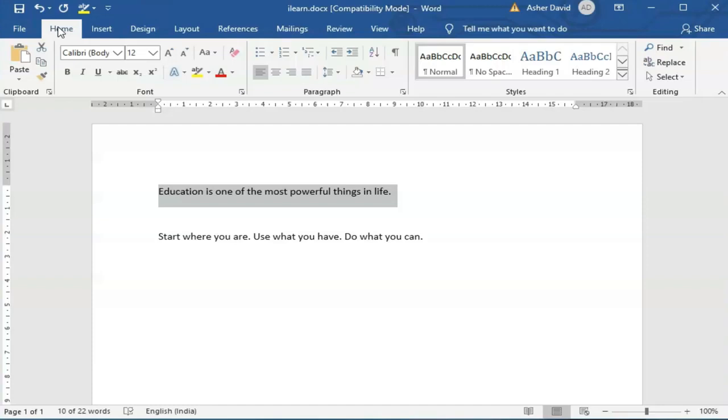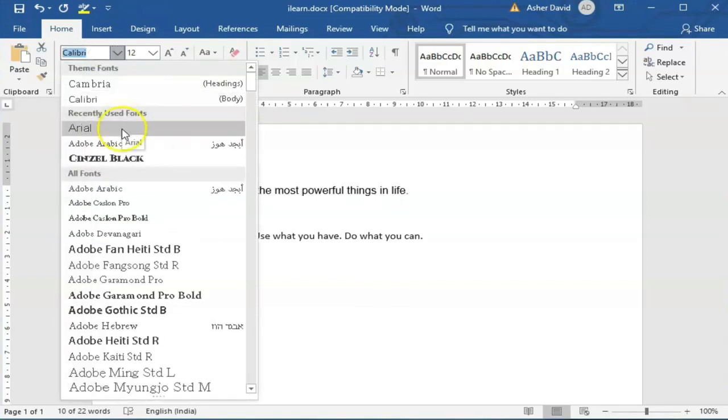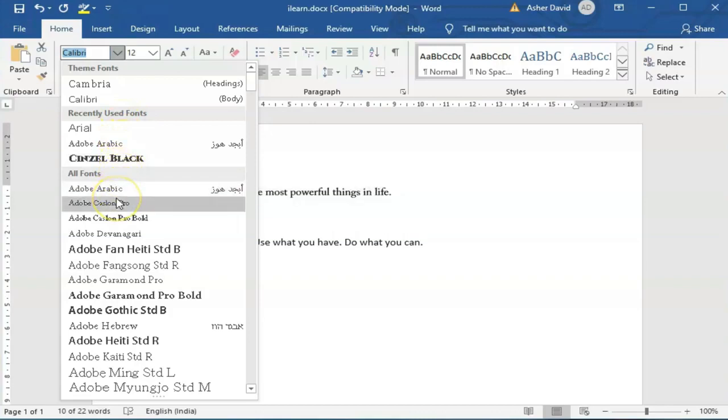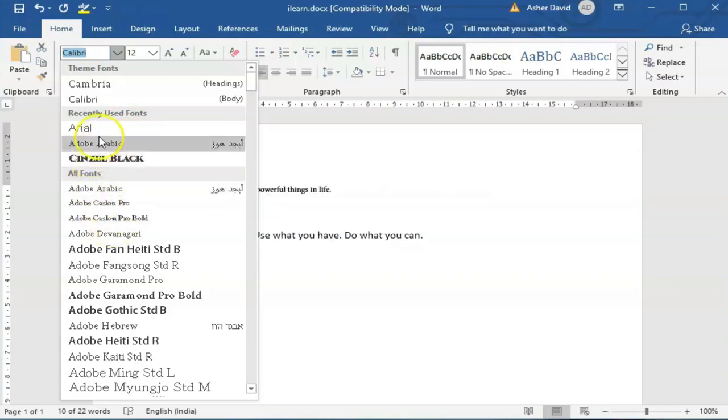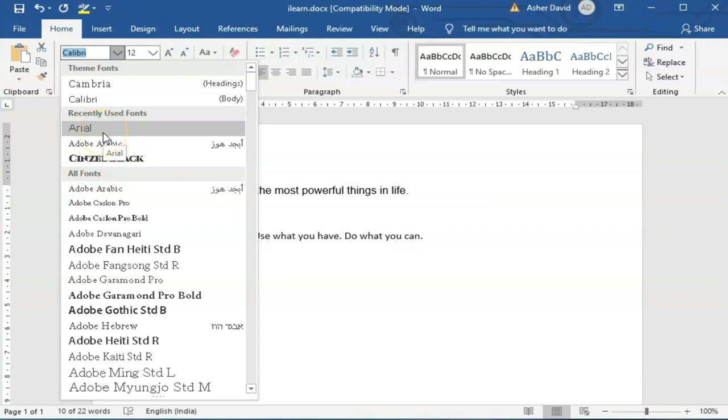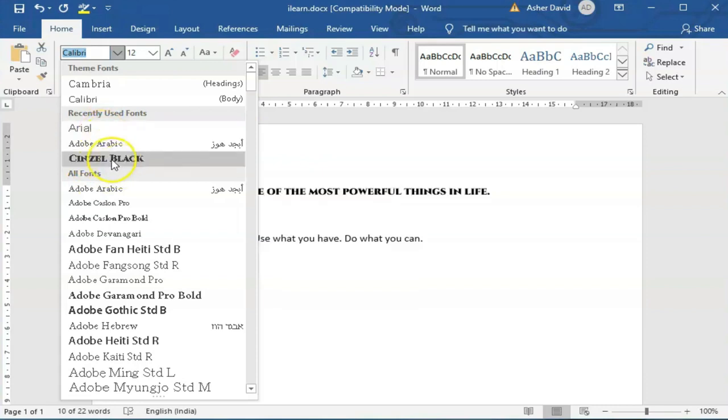Click on any of the following as per the requirement in the font group. Now, if you click over here, you will find the font styles or font face drop down box. Click on it. You will see different font faces over here. Select one of them. Like here, I am going to select Arial.